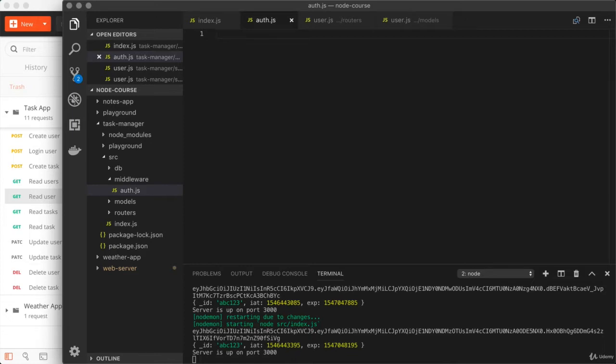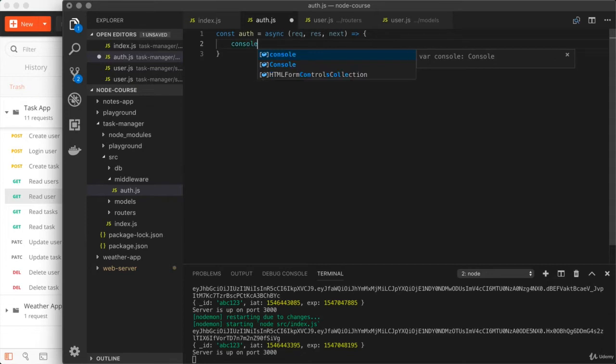Right here, we can create a new constant called auth, and we are going to set this up as an async function so I can take advantage of async and await. Right here, as we saw in the previous video, request, response, and next, and all we'll do for the moment is just print a little message right here, console.log auth middleware, just to make sure it's running, and then down below, I'll call next to allow the associated route